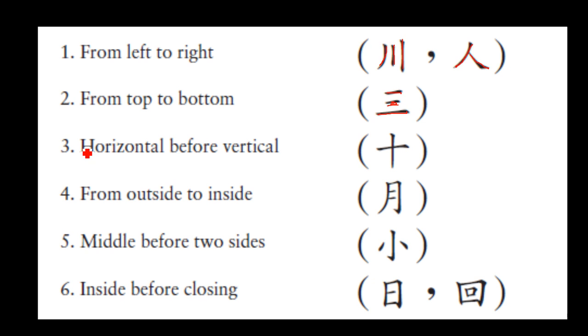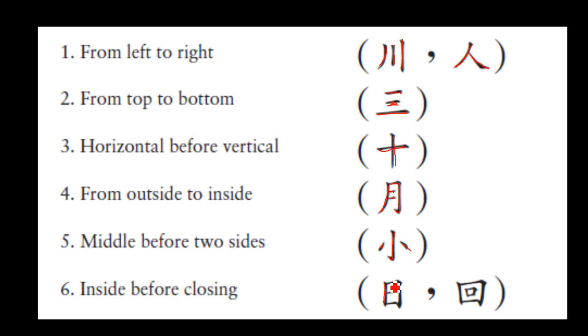Number 3, horizontal before vertical. 横 before 竖. 十 means 10. 横 竖. Number 4, from outside to inside. 月 means moon. 撇 横折钩 横横。Number 5, middle before 2 sides. 小 means little. 竖钩 点点。